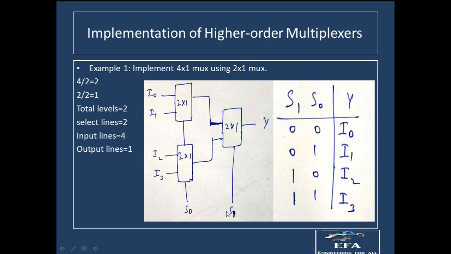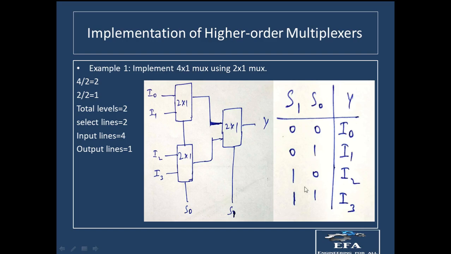Now at this position we are having S1 equal to 0, so the previous condition will occur. The first input, which is coming from here to this multiplexer, will have the access to pass through and reach the output. What we were having at this position was I1, so out of I1 and I3, I1 will get the access through the multiplexer and reach the output. So if we are having 0 1 at the select lines, we will be having I1.